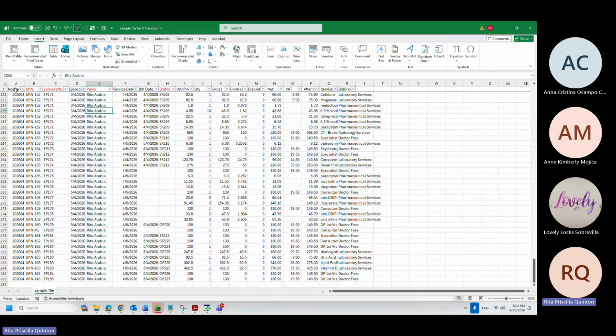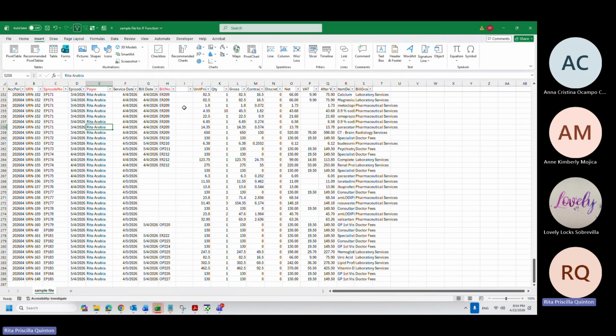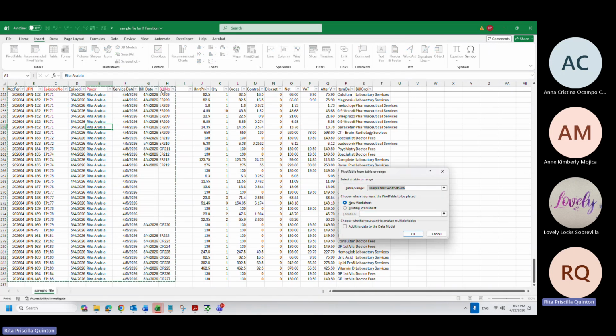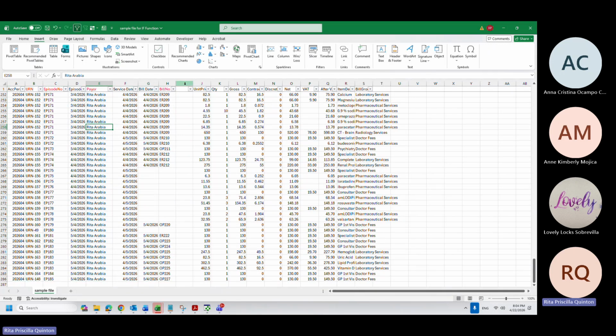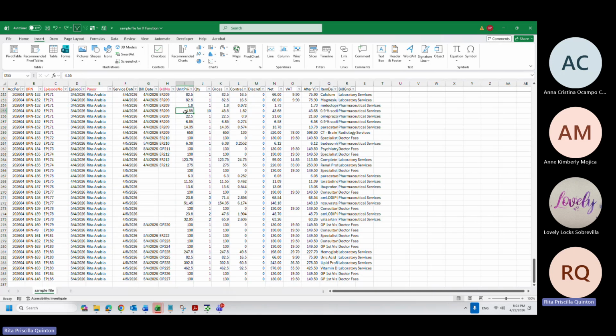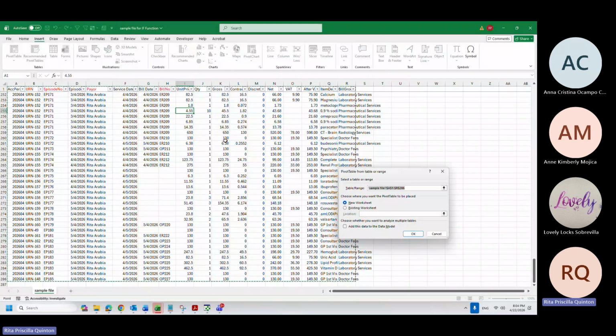Just make sure that all the headers are filled up properly, because if you have a space over here, your pivot will be limited only to here. So make sure all your headers are complete and properly aligned with your data. I will click pivot table now. It defaulted to this table, A1 until R286.